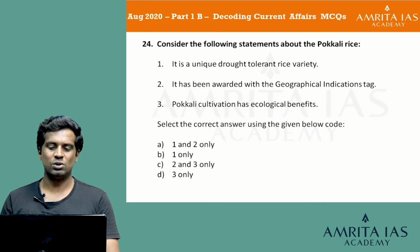Consider the following statements about the Pokali rice. 1. It is a unique drought tolerant rice variety. 2. It has been awarded with the geographical indications tag. 3. Pokali cultivation has ecological benefits. Select the correct answer using the code given below. Option A 1 and 2 only, option B 1 only, option C 2 and 3 only, and option D 3 only. So Pokali rice is something that has been recently given the GI tag and it was there in the